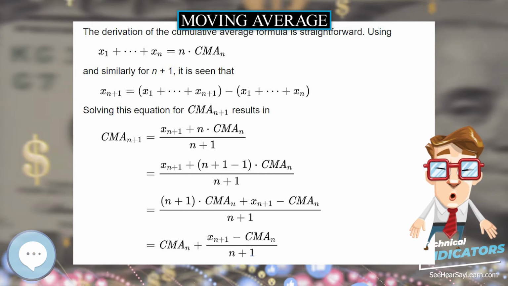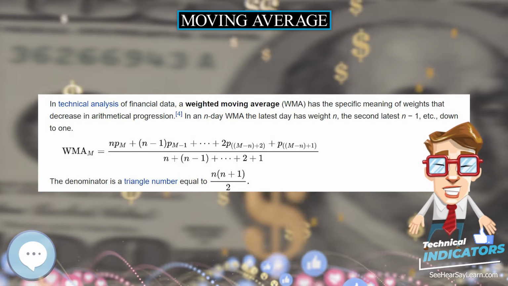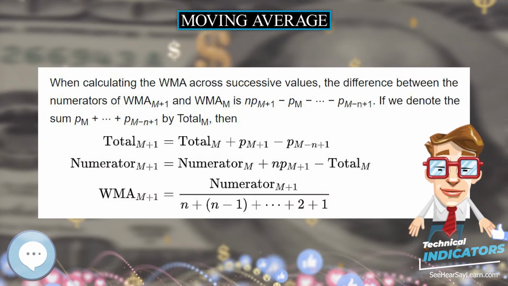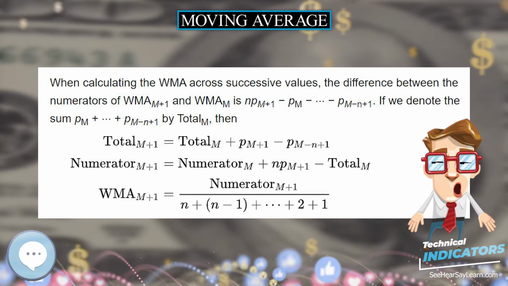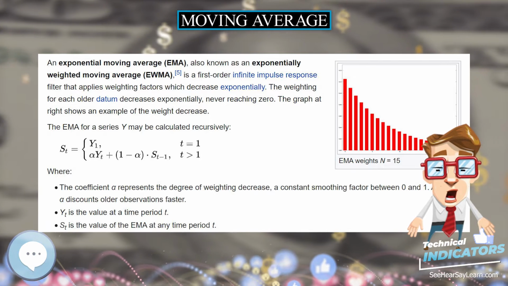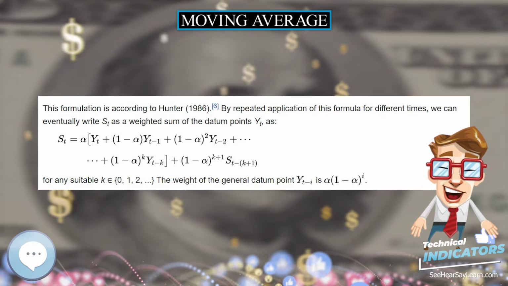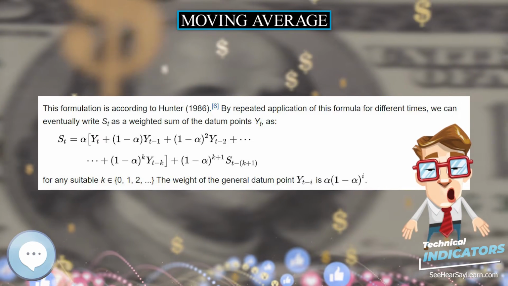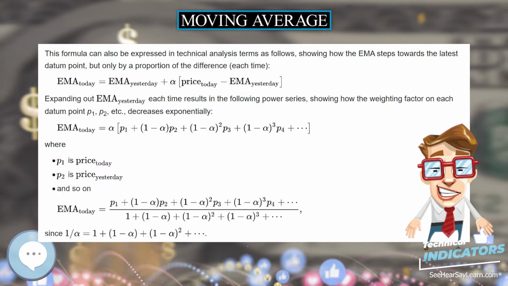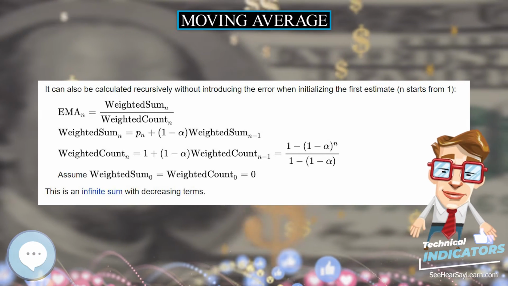Whatever is done for S1, it assumes something about values prior to the available data and is necessarily in error. In view of this, the early results should be regarded as unreliable until the iterations have had time to converge. This is sometimes called a spin-up interval. One way to assess when it can be regarded as reliable is to consider the required accuracy of the result. For example, if 3% accuracy is required, initializing with Y1 and taking data after 5 time constants, defined above, will ensure that the calculation has converged to within 3%; only less than 3% of Y1 will remain in the result.